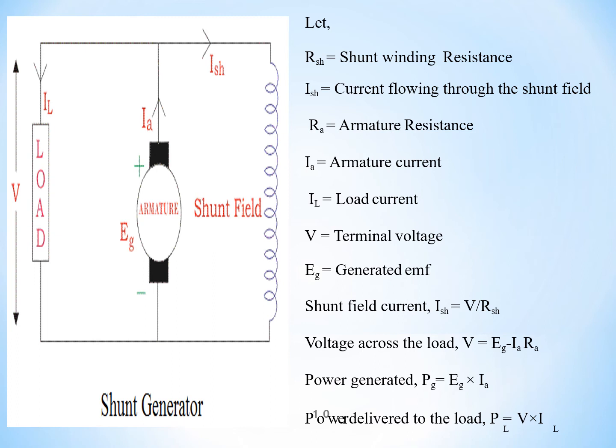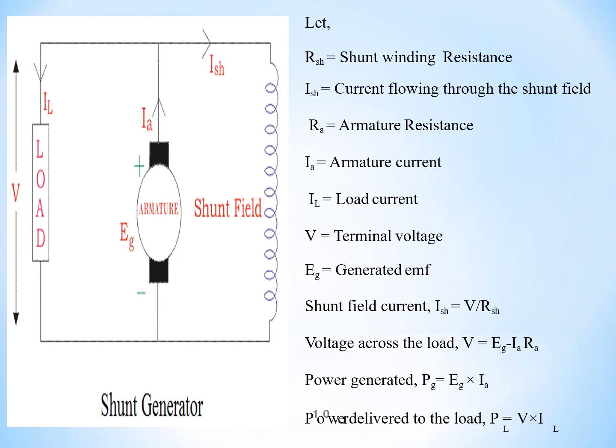And if we observe one more thing, this winding is very long and thin when compared to the series generator. Here, everything will be the same as before, except RSH, which is the shunt winding resistance, and ISH is the current flowing through the shunt field, and RA is the armature resistance, IA is the armature current, IL is the load current, V is the terminal voltage and EG is the